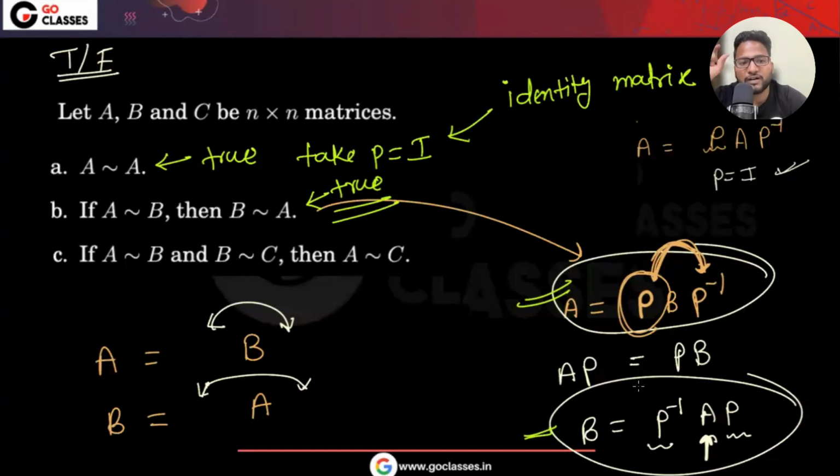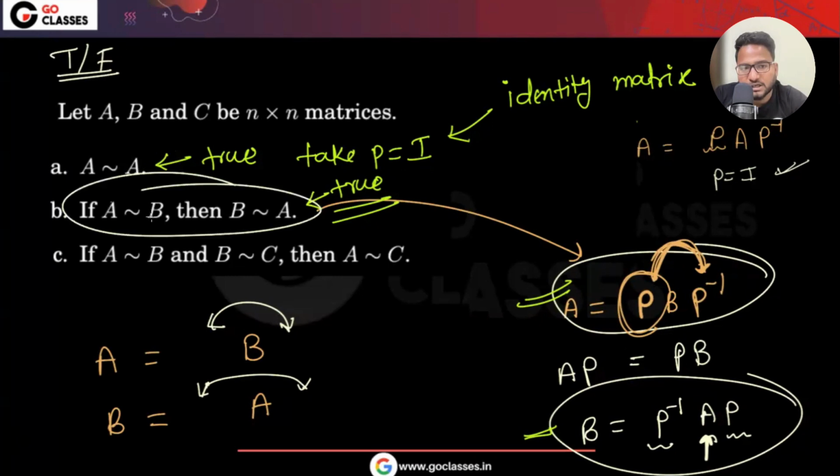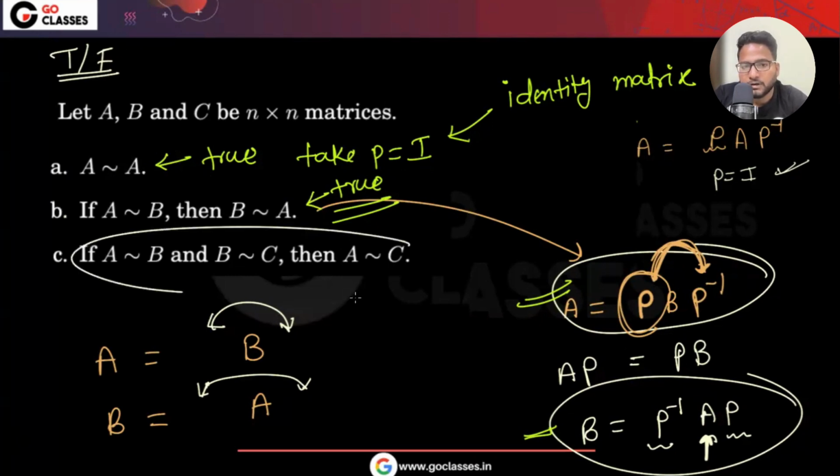Equivalence relation, reflexivity, symmetricity and transitivity, right? It is not important to know, but that's fine. So A and the similar matrices actually follow equivalence relation. This is reflexivity, this is symmetricity, this is transitivity, right? So they follow equivalence relation. Anyway, if you don't know, it is not important to us, but I'm just asking if anyone knows about the equivalence relation. So similar matrices follow the equivalence relation, right? Okay,